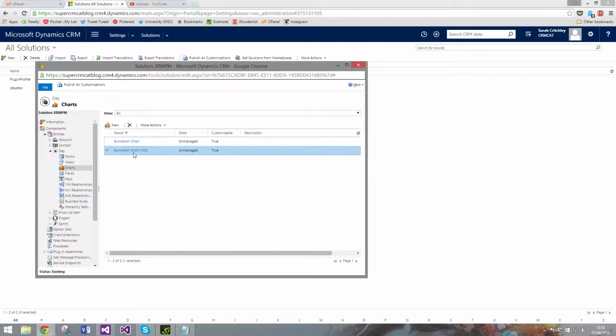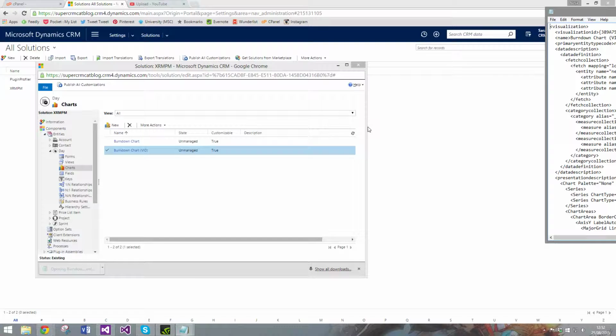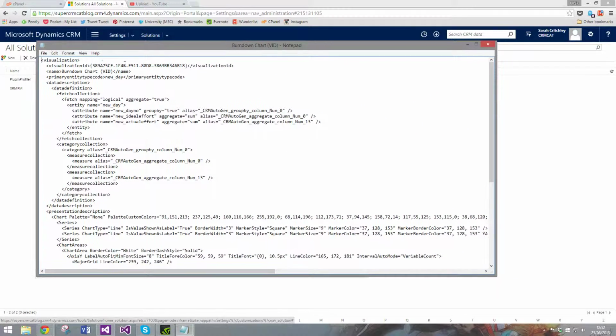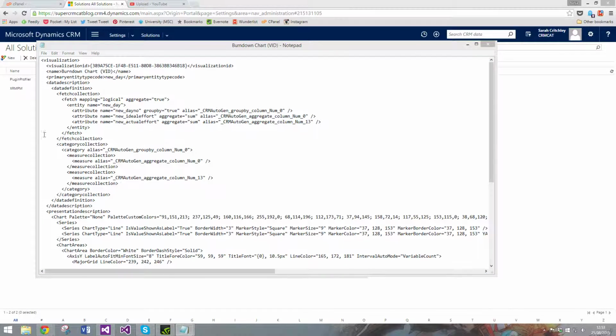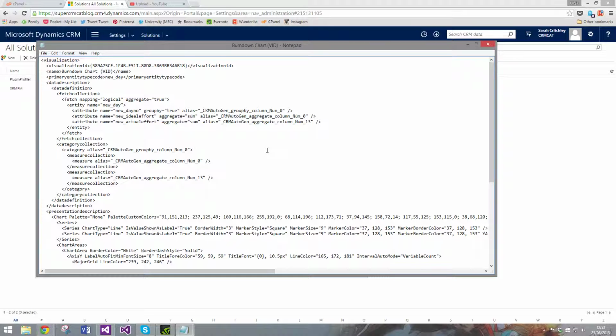And you can see it here. So select it and then export it. So you've then got your XML to do with your chart. So there's only a few, there's not a great deal of customizations in terms of this,